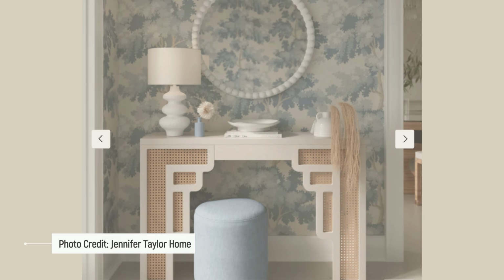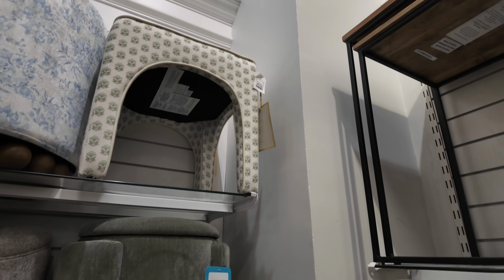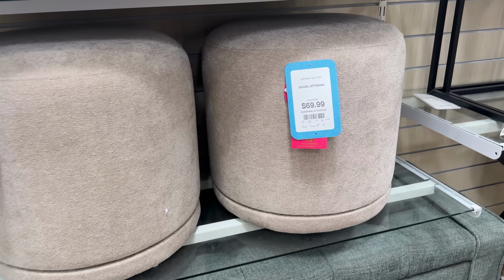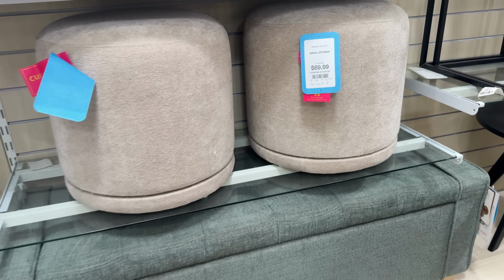But again, generally we want to stay away from ottomans like this. And if we're going to do one, make sure it's open so that light can pass through if it doesn't have storage. These are great ottoman options as well. Again, maybe not the best thing to add to the home. Sure, it's fine in the entryway if you're just filling space, but in terms of comfort,